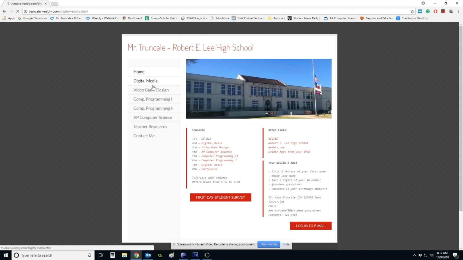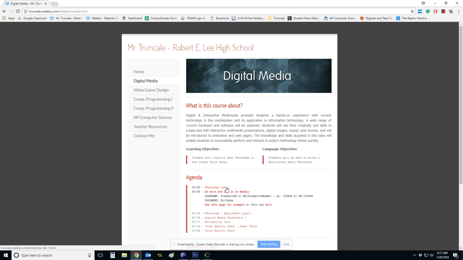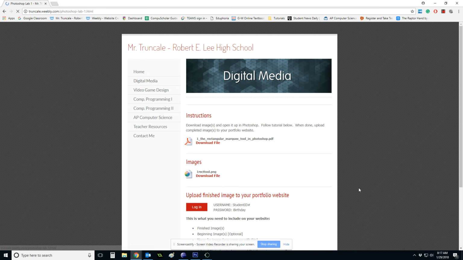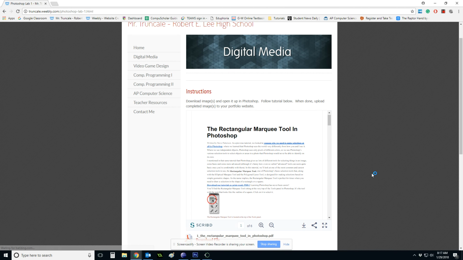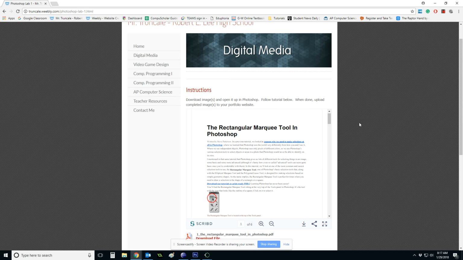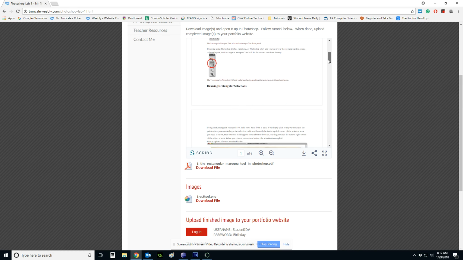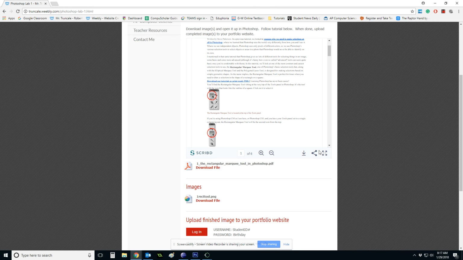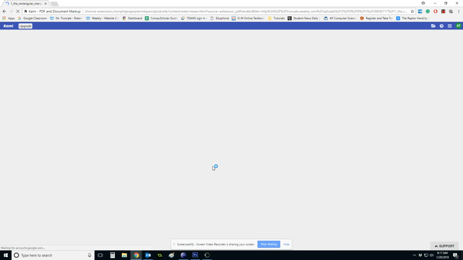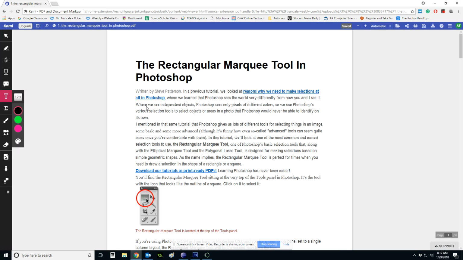All right, so for Photoshop Lab 1, it's in Digital Media Photoshop Lab 1. The way the labs are structured is I usually give you an image or images down here, and then some sort of tutorial here. Some people like this. It's kind of hard to see, but you can full screen it if you want or zoom in. You can also download the actual PDF here. So if I clicked on that, it would pop up in a PDF reader